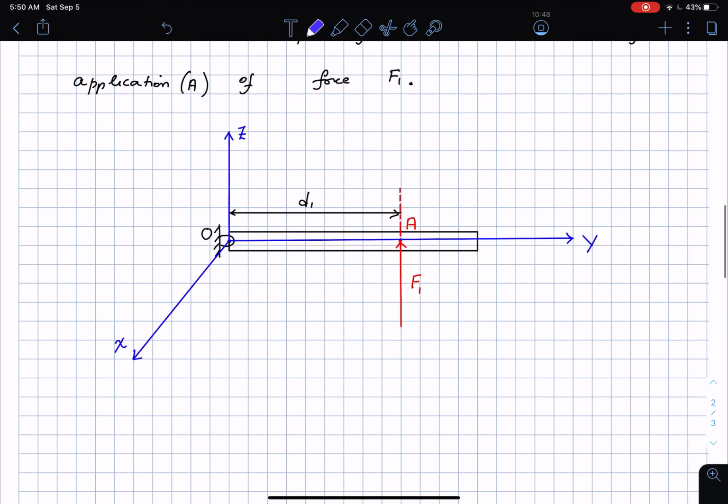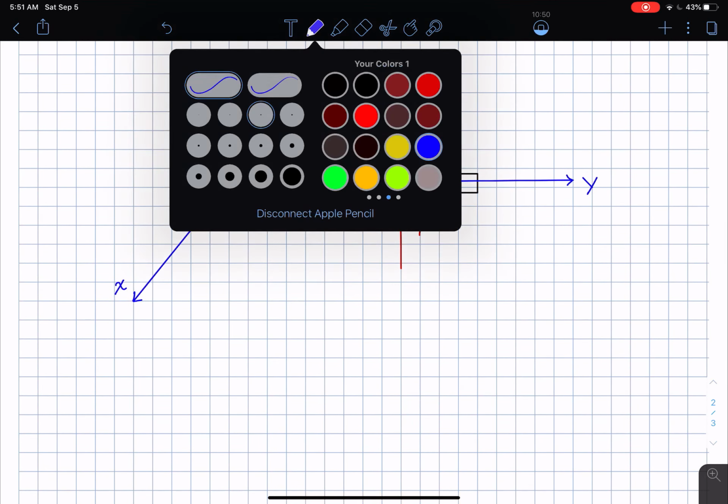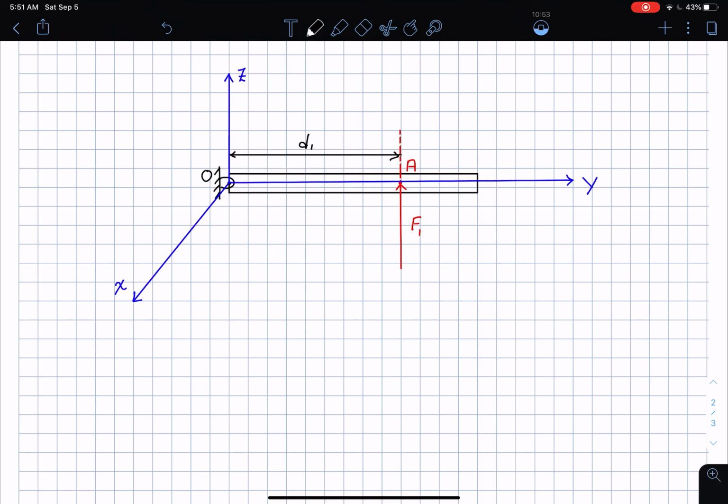Okay, now here is the crucial thing. By definition, meaning that by experimental evidence it has been found the following is true. Okay, so by definition, the magnitude of the moment of the force F1 about the point O. Okay, so I'm going to write this down. So magnitude of the moment of force F1 about point O is given by